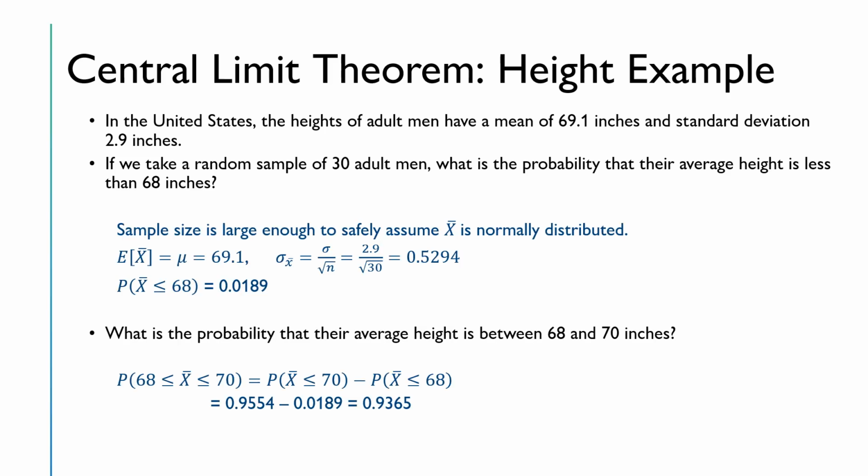The sample size is large enough to safely assume X bar is normally distributed. The mean of this distribution is the same as the mean of the original population, which is 69.1, while the standard deviation should be reduced to 2.9 divided by square root of 30, which is 0.53. To find the probability that their average height is between 68 and 70 inches, we need to subtract the cumulative probabilities of 68 and 70, which is about